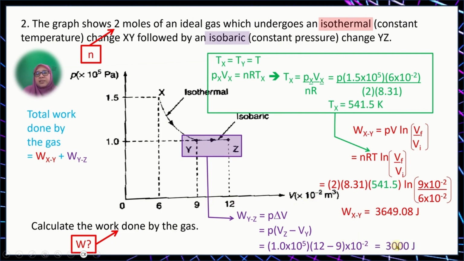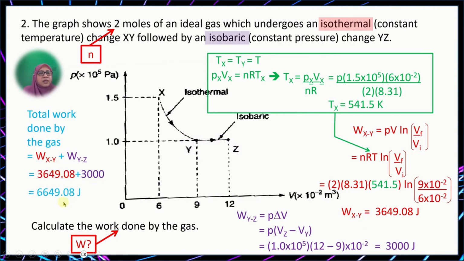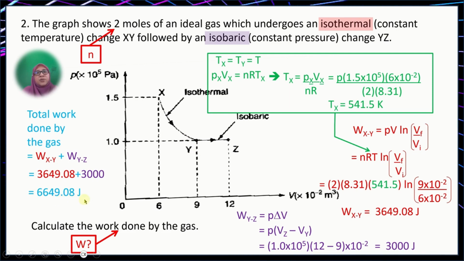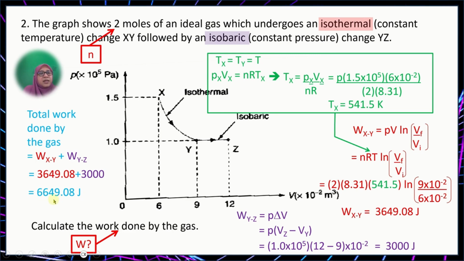So the answer is 3000 joule. Then we add these two. Total work done will be 6649.08 joule. We convert it to two significant figures, so 6,600 joule, or three significant figures,